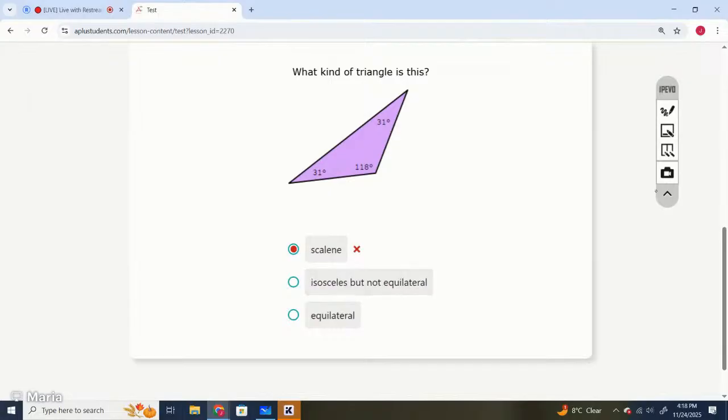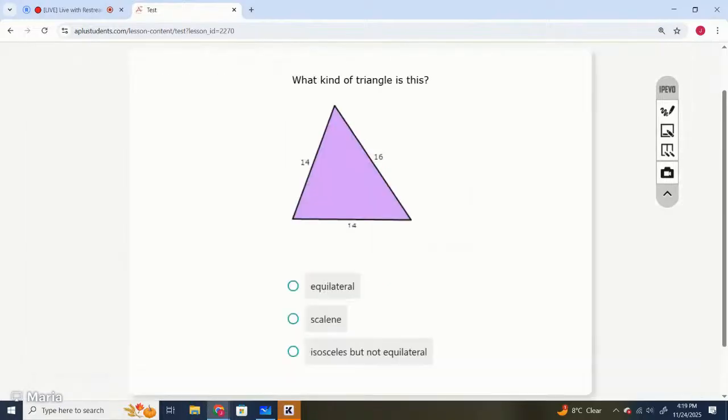See, 31 degrees and 118. So two of the angles are equal in measurement, so that is the isosceles triangle but not equilateral. Got it? So option number two is the correct option. Isosceles but not equilateral. Option number two is the correct option, but I selected the wrong option. Okay, the next one is